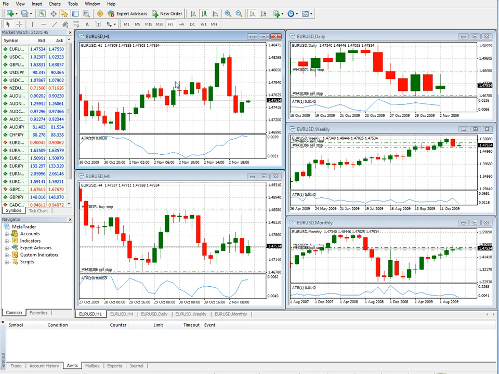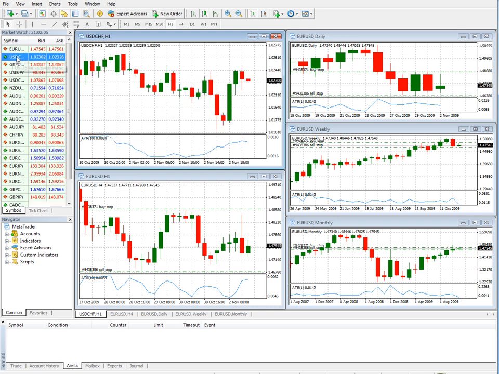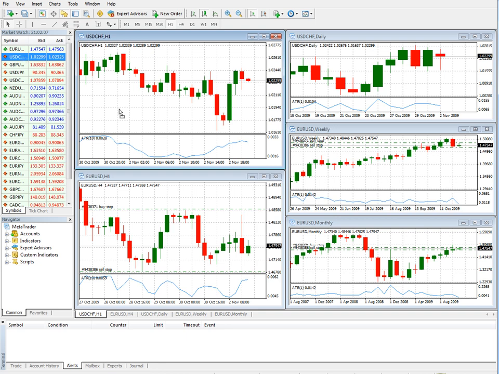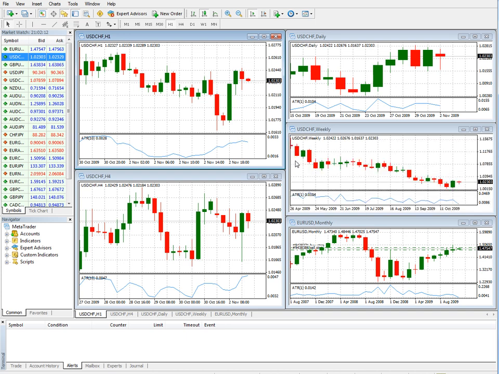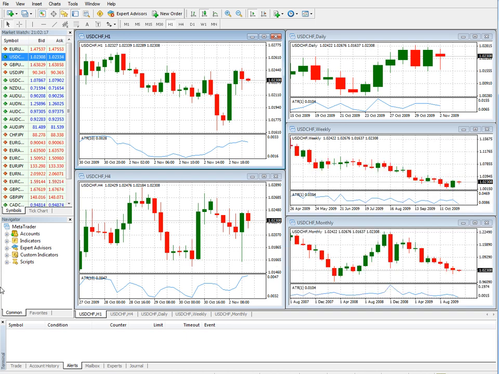What we want to do is use a different currency pair, and we're going to use the US dollar Swiss franc. But we're going to have the same kind of profile setup here. So here we go. Drag, drop, drag, drop, drag, drop. Now here's something that you'll notice when we do this,